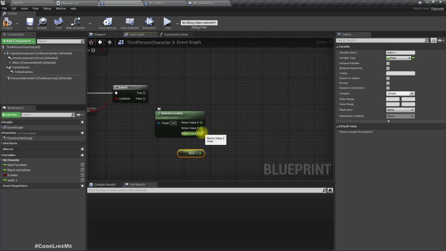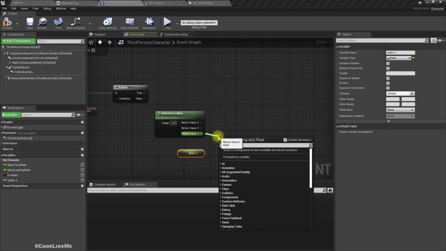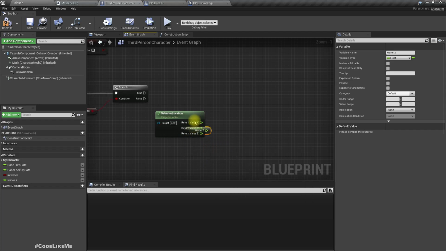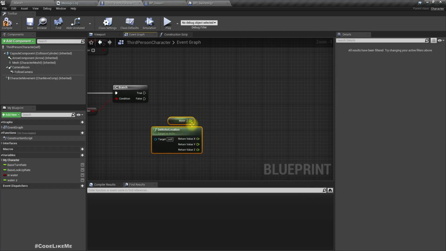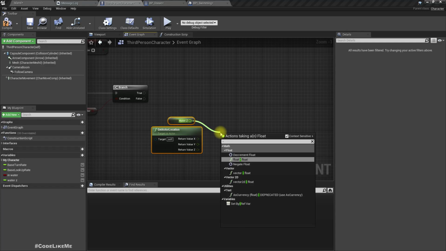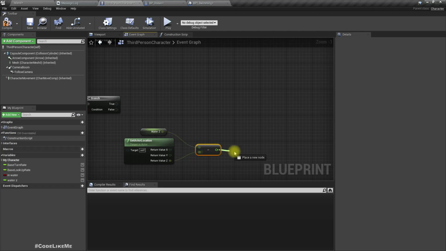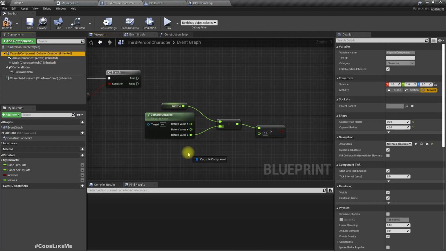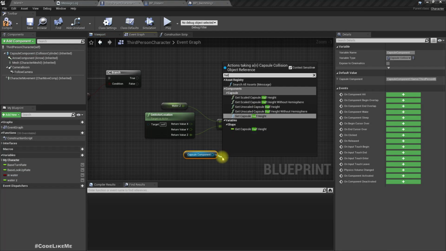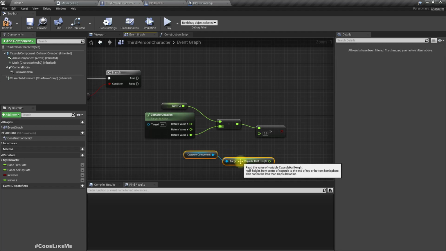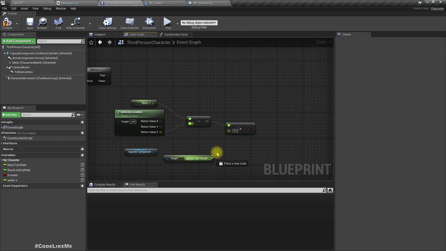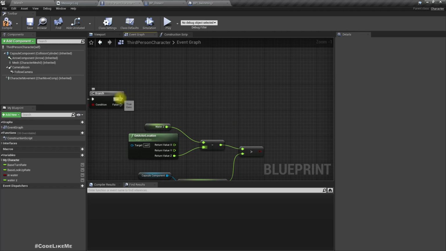So if the difference between this one, which one should be higher? Okay, this one. If this one minus the current Z level is larger than the half height of the capsule, if this is true,